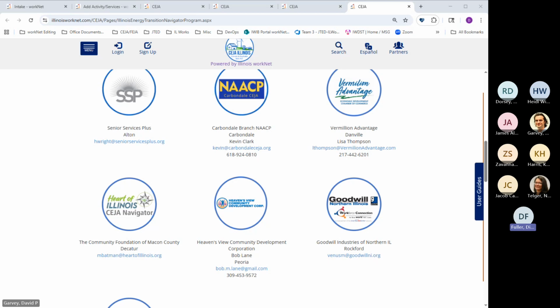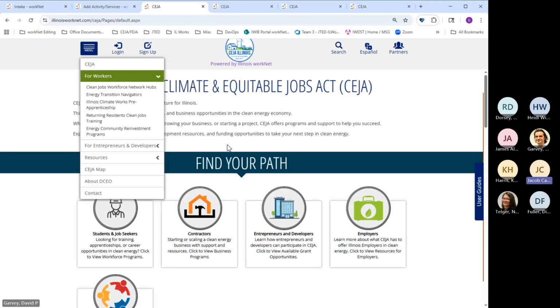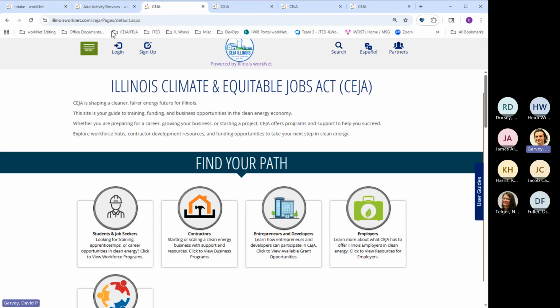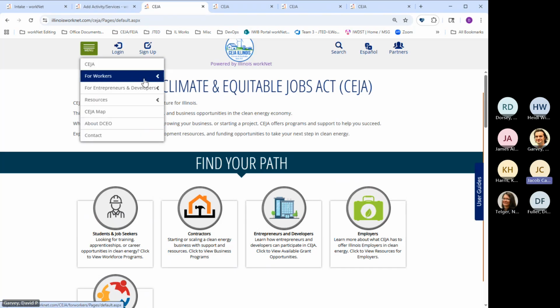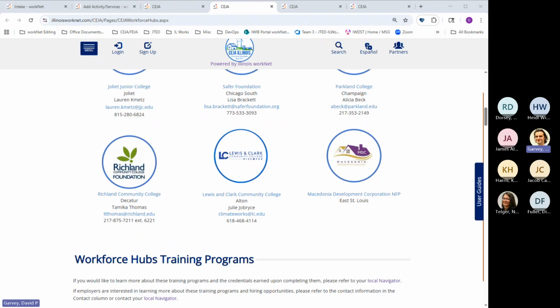David, there is a request in the chat to post the link. I'm finding it hard to find that page. Is it the Illinois Works page, or this specific CEJA page that you're looking at? If you're on the page now and you click the menu, it doesn't come up like that for me. Can you add that? Just put this link in the chat. Let me just add the links to the different pages. It might be something that needs to get published here.